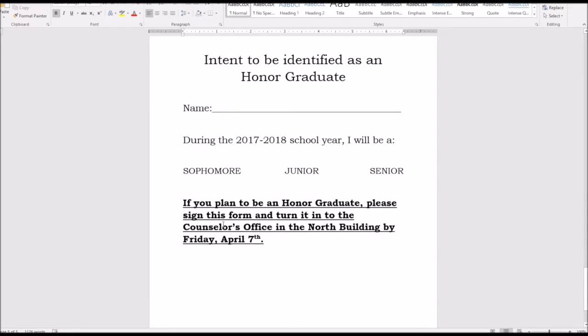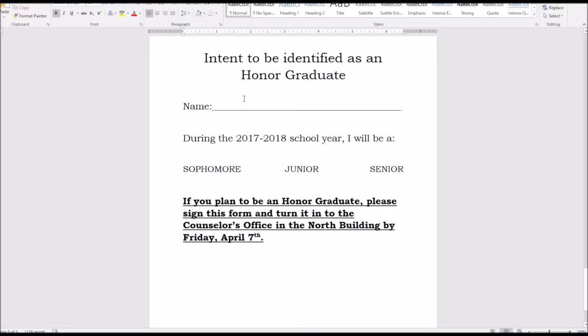Lastly, there's a page that will help us identify students who are trying to become honor graduates. The requirements to be an honor graduate are in your course selection booklet or in your handbook, so you can look that up, see what those requirements are, and if you are intending to be identified as an honor graduate here when you graduate, please circle which class you will be in next year, if you're going to be a sophomore, junior, or senior,